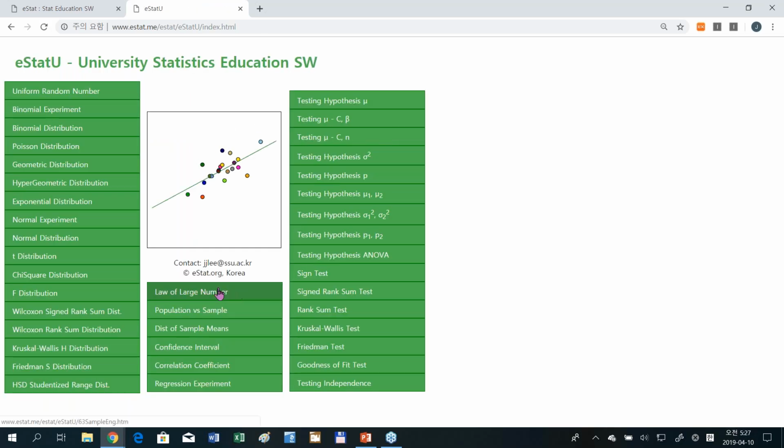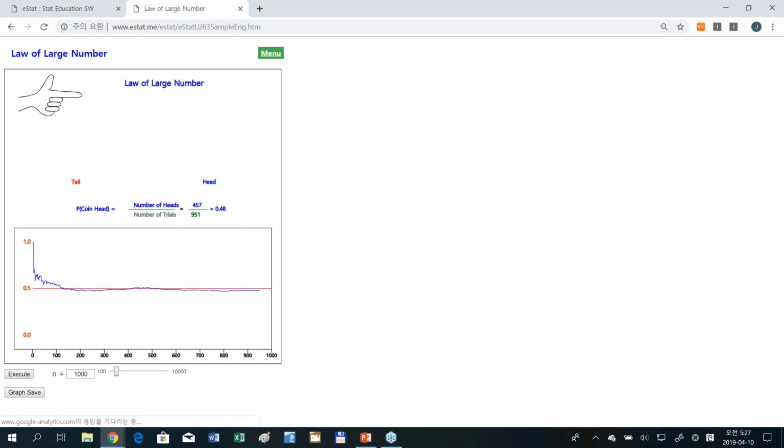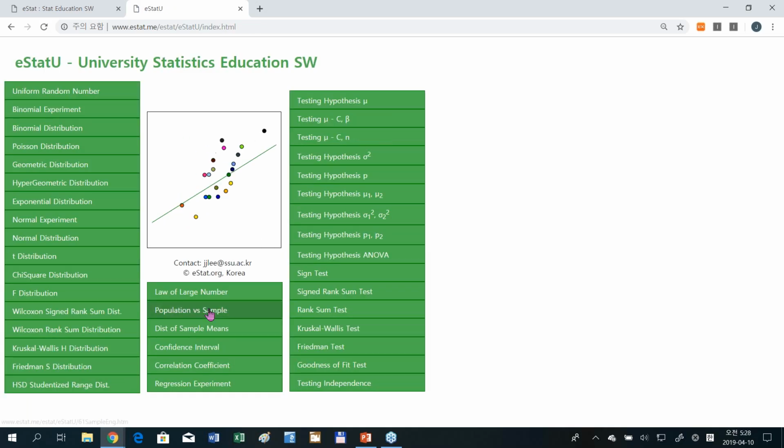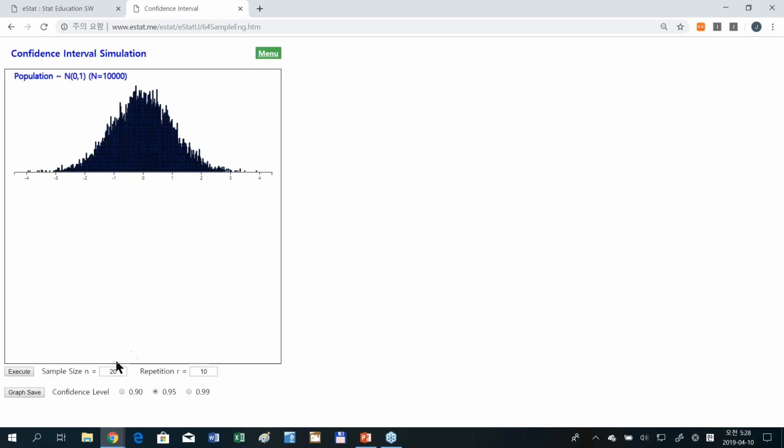Here's a simulation module to teach statistics. This is for high school students. If you toss a coin 1,000 times, how many heads will appear? And here's a simulation example for confidence intervals.